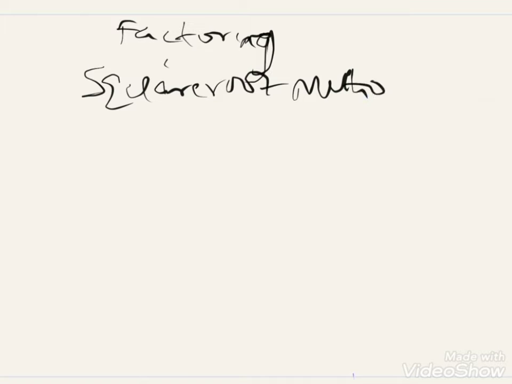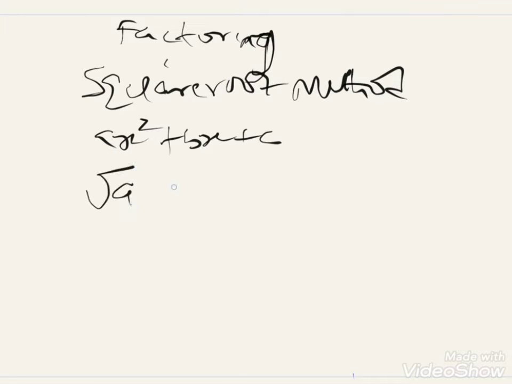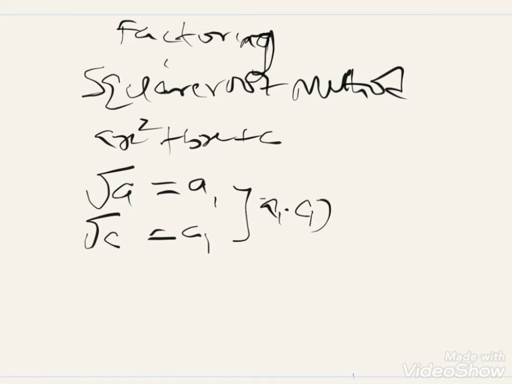or square root method. This square root method works whenever a given quadratic expression, say ax squared plus bx plus c, has the first term a with a square root a1, and the last term c also has a square root c1. It means that c1 times c1 will give us c by assumption, and a1 times a1 will give us a. Suppose they have factors, we can simply multiply these two to have a1 times c1, and further multiply by